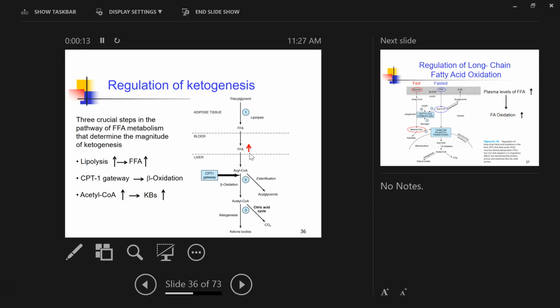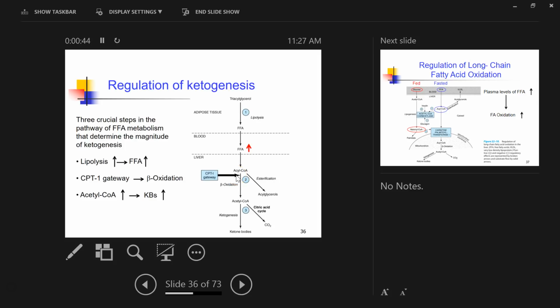If you have a higher rate of lipolysis, you should have more fatty acids released. So circulating fatty acid level is the main driver of ketogenesis, and also one of the regulators. And in addition to fatty acid levels in circulation, CPT1 activity is also key,